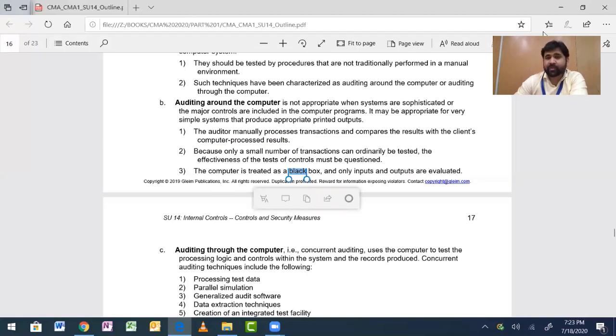Fine. Basically, what they're trying to say is, generally in a small firm when we do an audit, it's very simple. Half of the work is manual, half of the work is computerized. They will still maintain the receipt book. So when they are receiving money, they will write on that. When they are paying, they will write on that, and then they will do the journal entry in, let's say, some accounting package. Let's say they are using Tally.